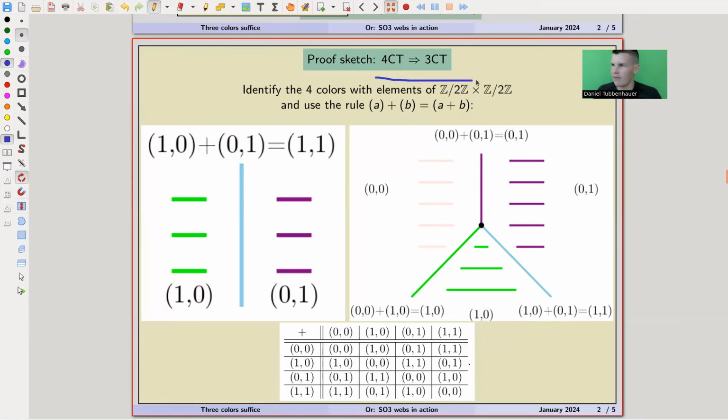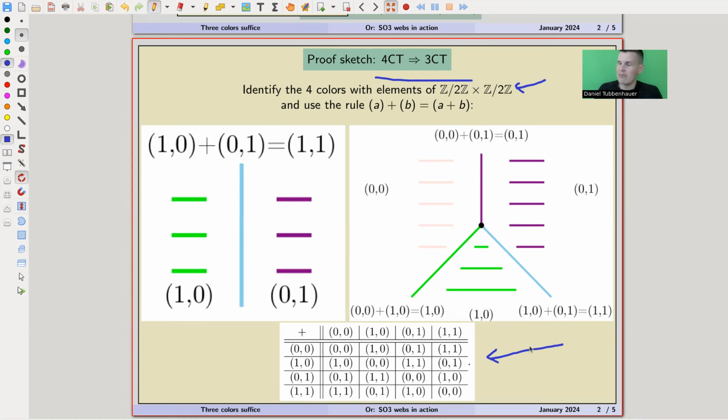So first, I want to go from the 4-color, so the face coloring, to the 3-color theorem. And what you do is you identify the colors. You have 4 colors. You identify them with elements of the Klein 4 group. Here's my little Klein 4 group, Z mod 2 cross Z mod 2. Here's the multiplication table. So instead of calling them red, green, whatever, I call them (0,0), (0,1),